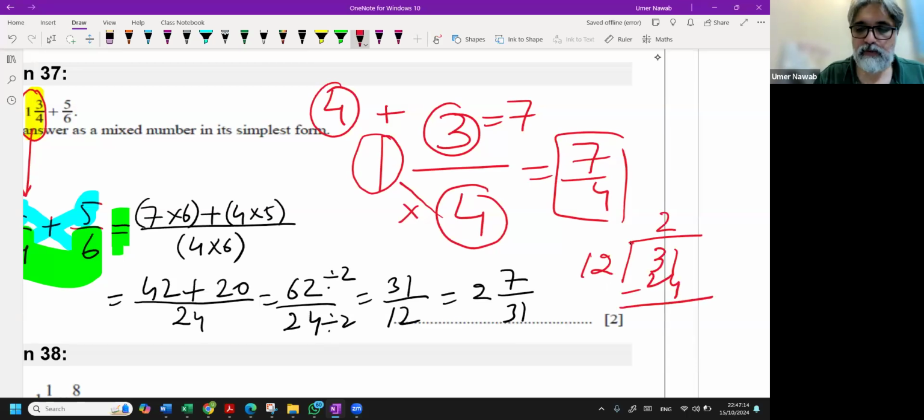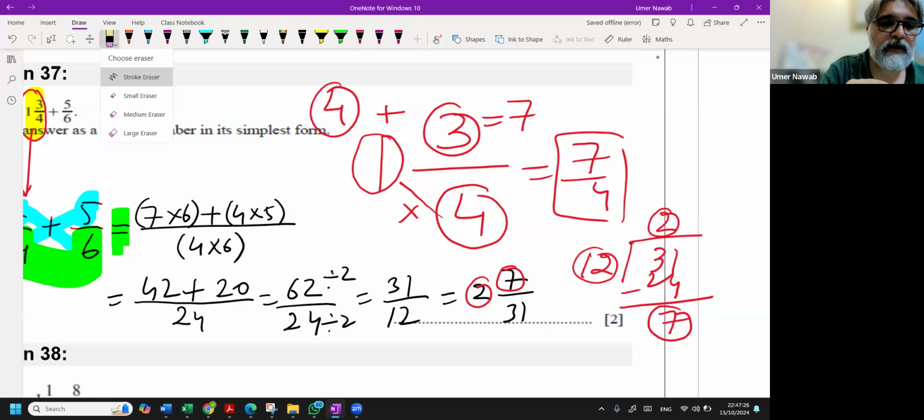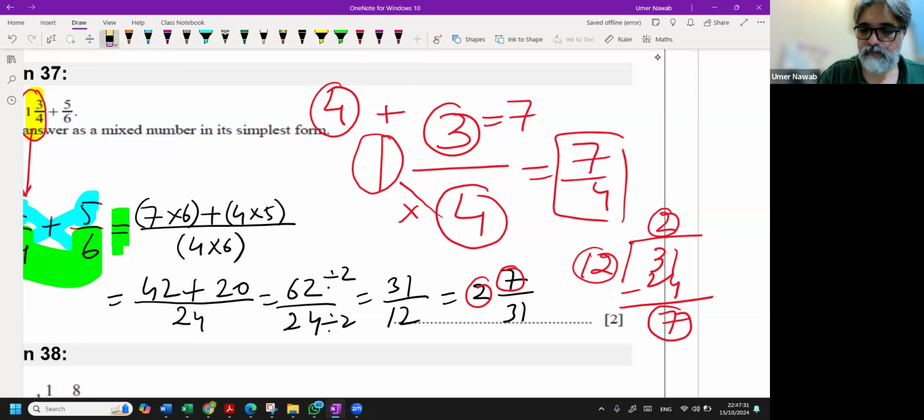So 31 minus 24 is 7. 7 is my remainder. I wrote it here. 2 is my quotient. I wrote it here. And 12 is my divisor. Sorry, I have to write here 12 in the denominator. So once I write 12,